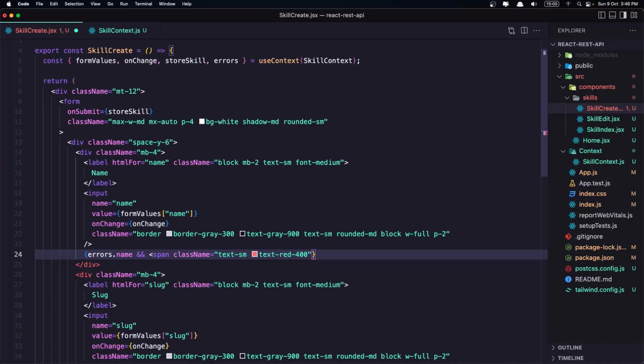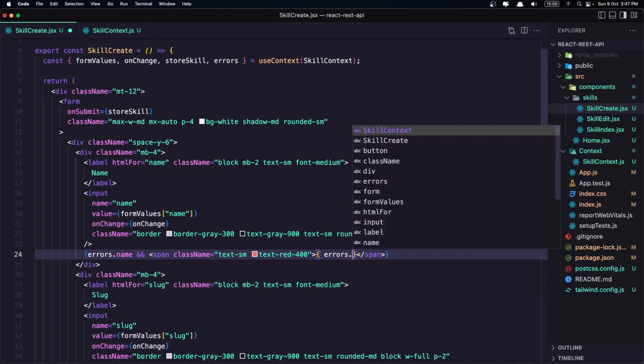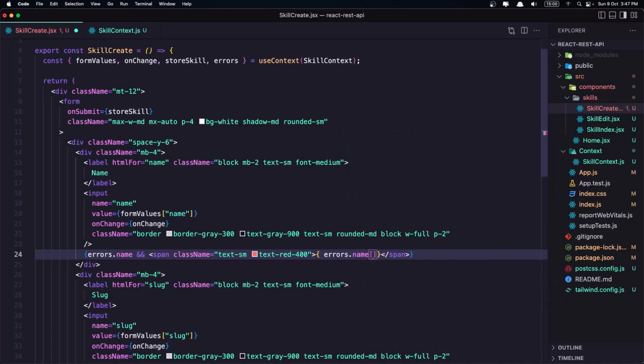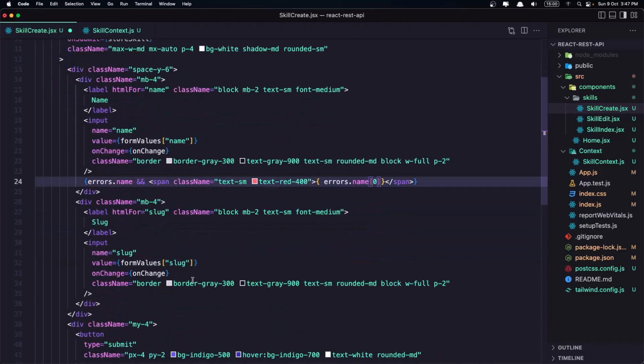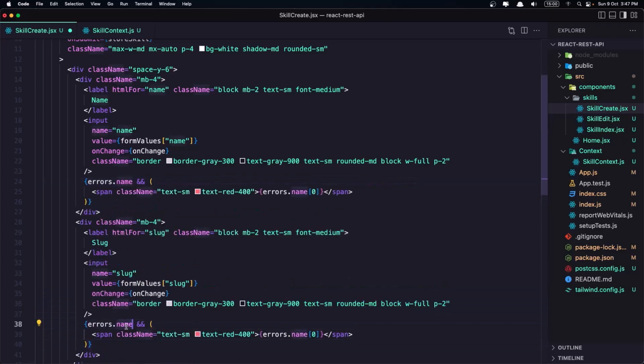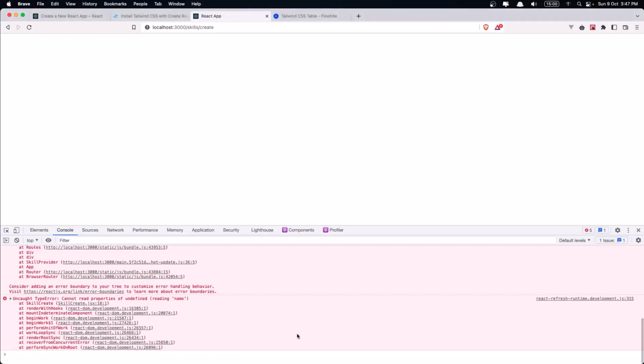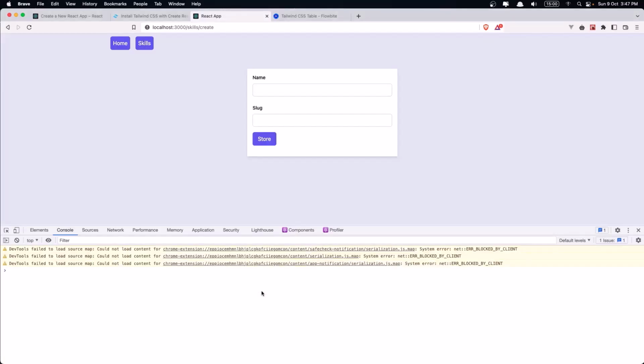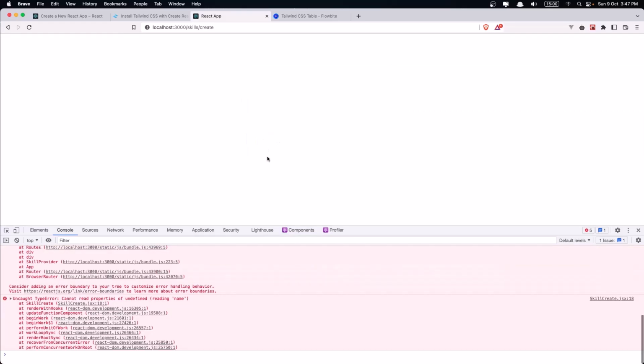Okay, and we need to display inside here the errors.name and the first one in the array like this, and just copy this and do the same on the slug. Just change from name to be slug and also slug here, save, refresh, and if I say store, okay,